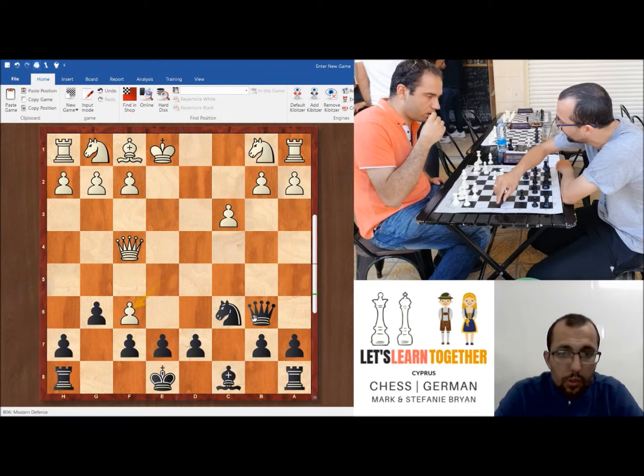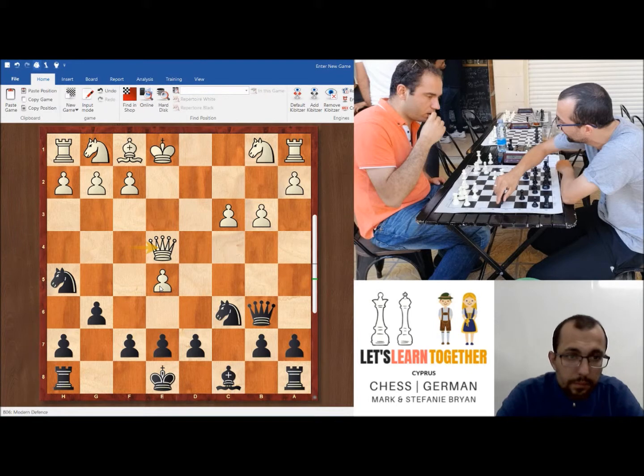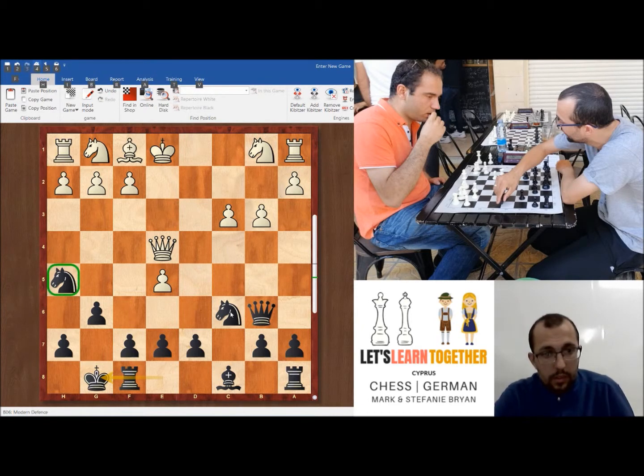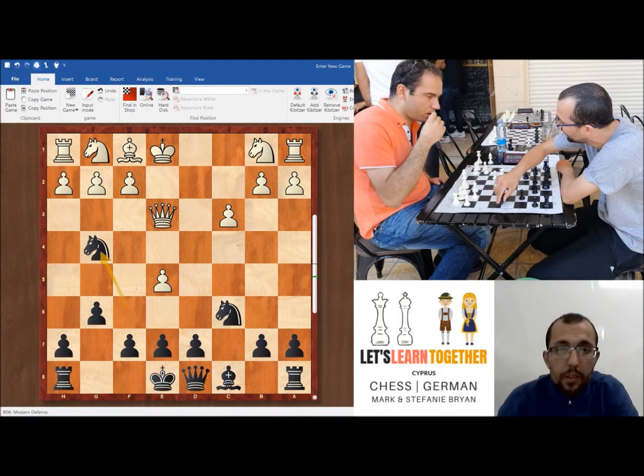If white takes, queen takes b2, and black can take a rook. So after queen b6, white is actually required to play b3, knight h5, queen e4, and here black doesn't win a pawn. Black castles, and black is slightly better due to his advancement in piece development. So let's go back with queen e3, knight g4,